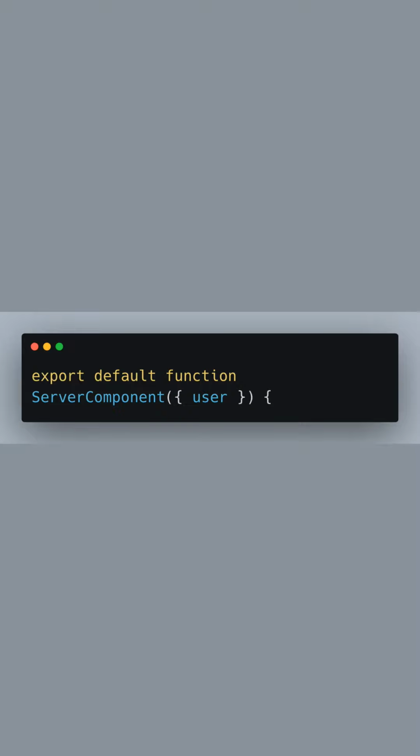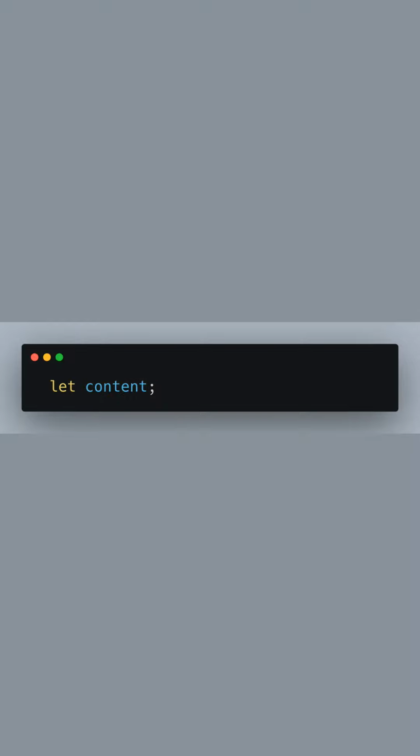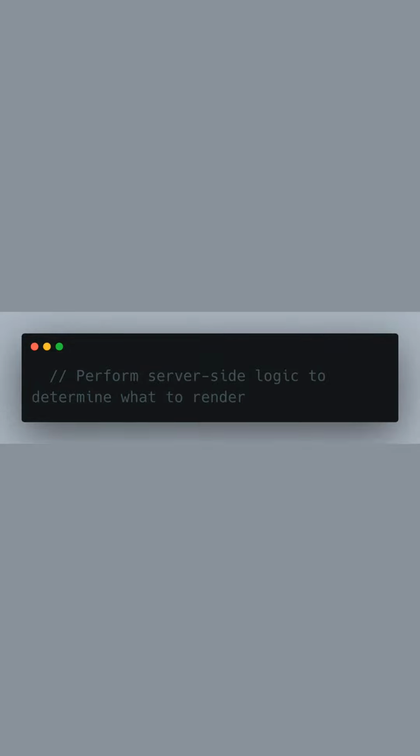Now we define our server component as a functional component that accepts user as a prop. This user object will determine which components we render. We declare a variable named content. This will later hold the component we decide to render based on our conditions. We're including a comment here to remind us that the following code block will contain the server-side logic to decide